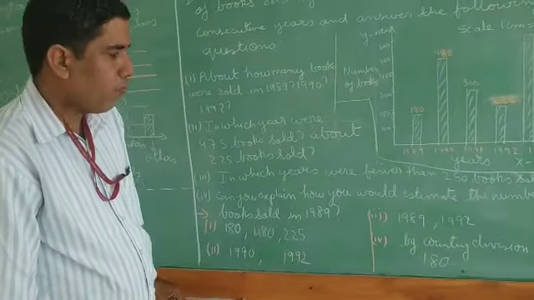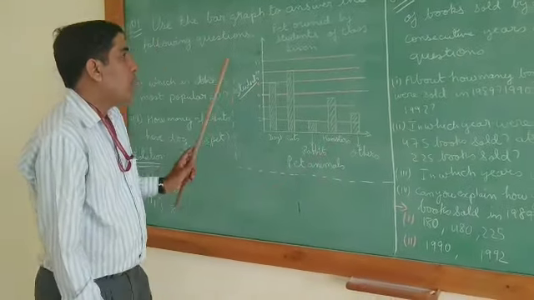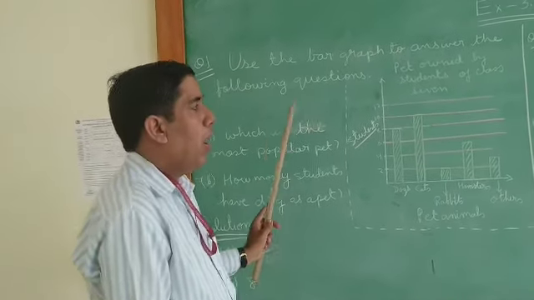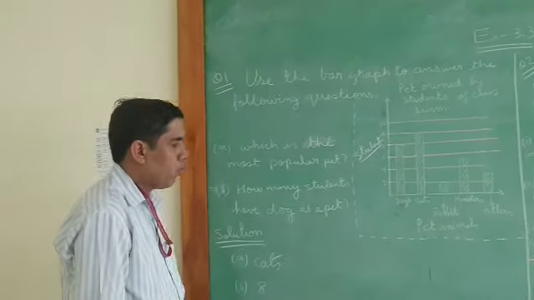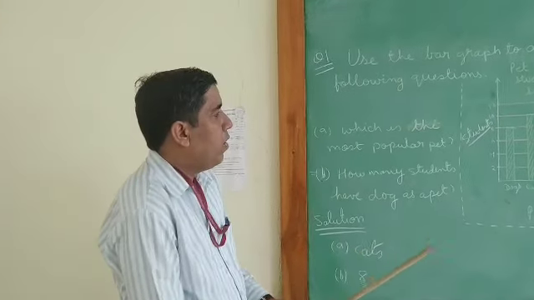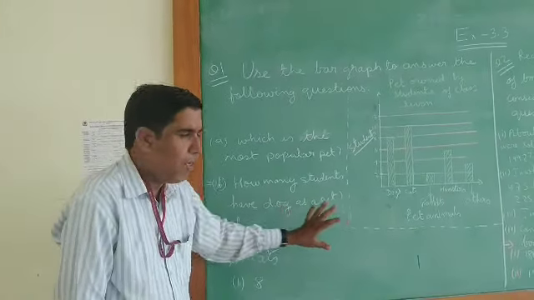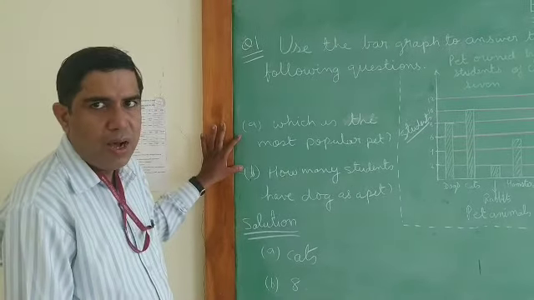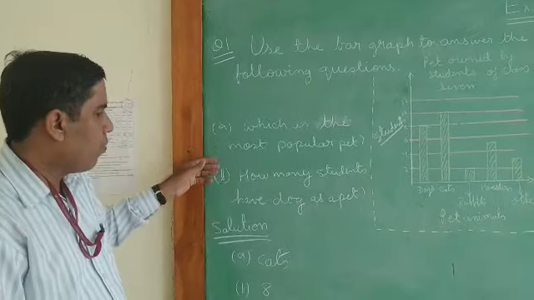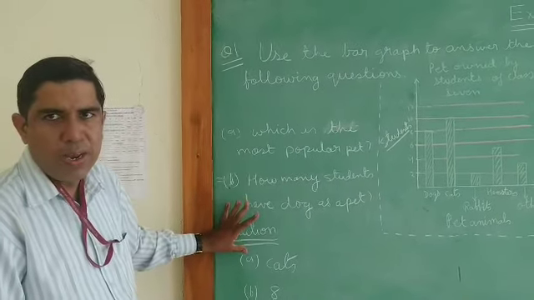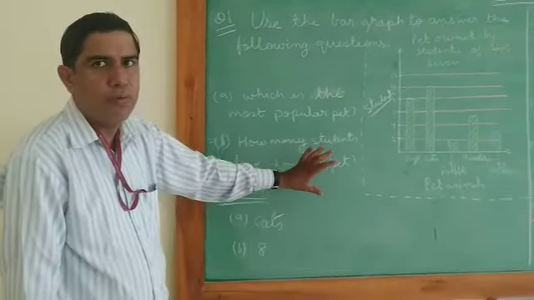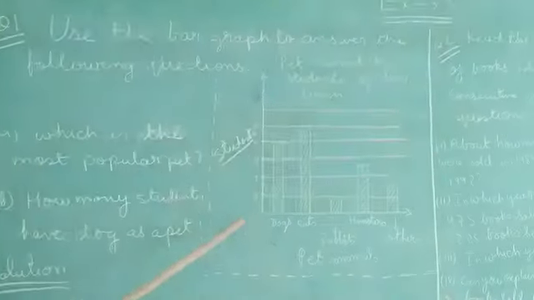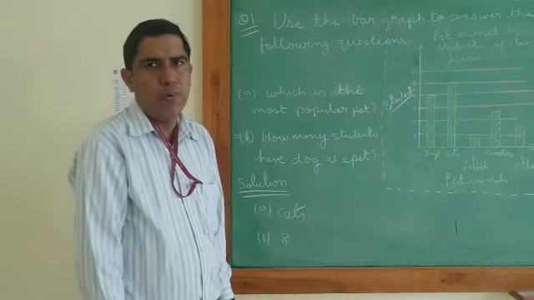Now question number 1 and 2 of exercise 3.3, I discussed with you and explained everything about the question. We are observing the graph and giving the answer. These are 1 mark questions. The question looks big, but we only have to observe the graph and give the answer. Try to read the graph and understand it properly so you can give the answer properly.